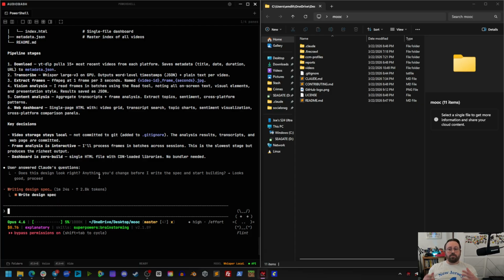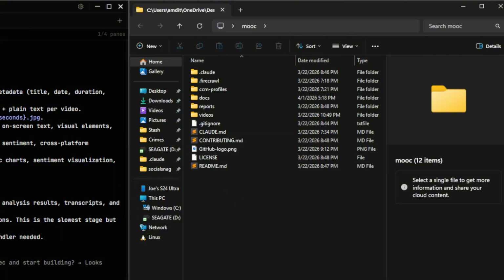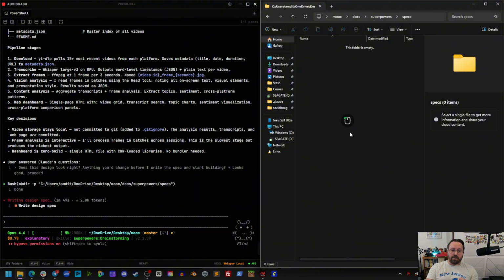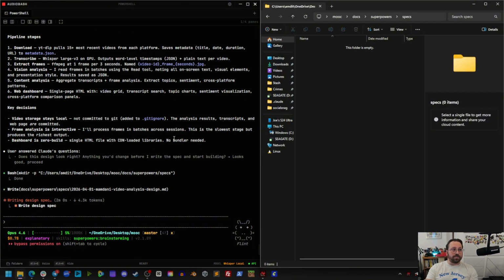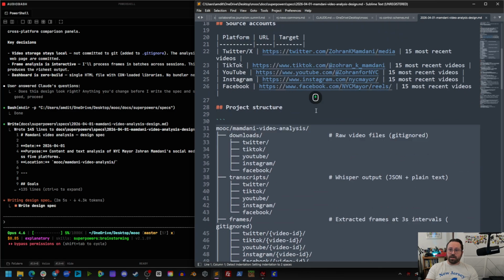The more documentation and the more planning documents you have, the more effective and more likely you are to be effective in future iterations if you wanted to repeat this process, for example, in a new conversation or a new session. And you can see here, it's already going through and it's going to be making its folders in my OneDrive here, Docs, Superpowers, and specs. And it's going to create a markdown file in here so that if you wanted to take this spec and bring it to a different model or do it in a different iteration, it's already broken down and laid out for it so that you can jump right back in instead of going through this process again. There it is, video analysis description,